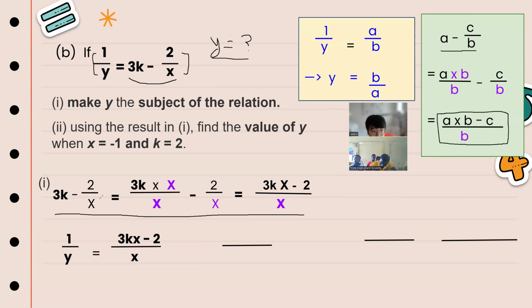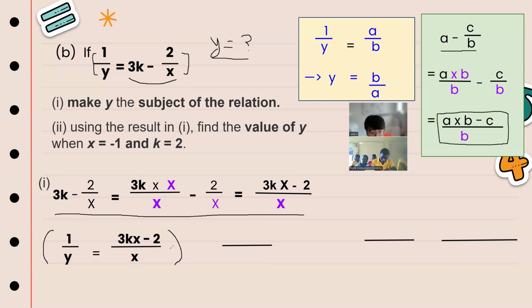3k minus 2 over x equals 3k times x over x minus 2 over x. Then we get 3kx minus 2 over x. Now we have this form here: 1 over y equals 3kx minus 2 over x. And we can find y